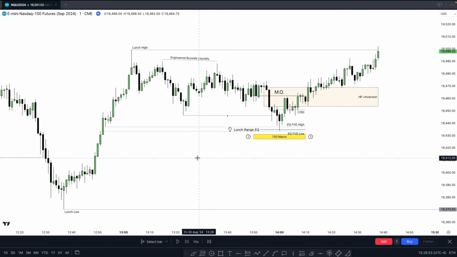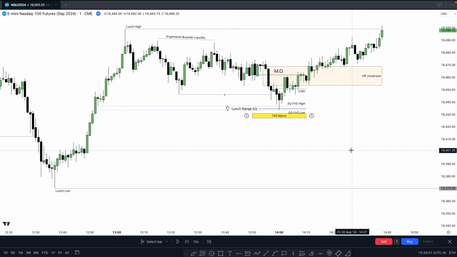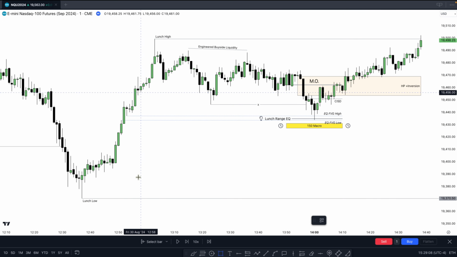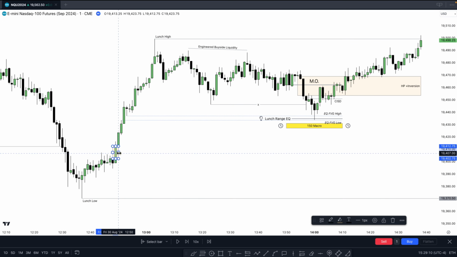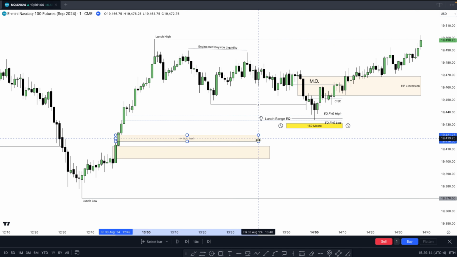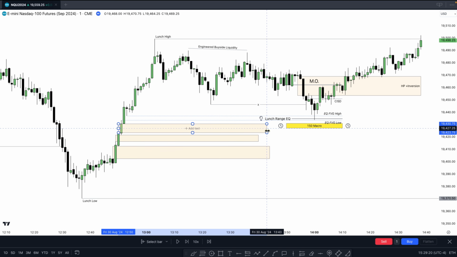Okay. Also, if we are trying to identify and plan out a trade, a move to a buy side liquidity pool, we want to see a return to discount, and we want to see bullish algorithmic signatures of strength. Now, what are signatures of strength? See how we have these fair value gaps here, right here, okay, right here, right here. Before we see the reversal points that we are going to discuss in that 150 macro window,